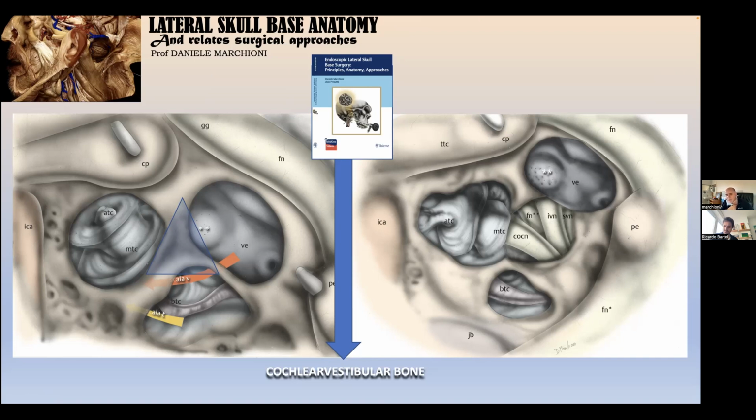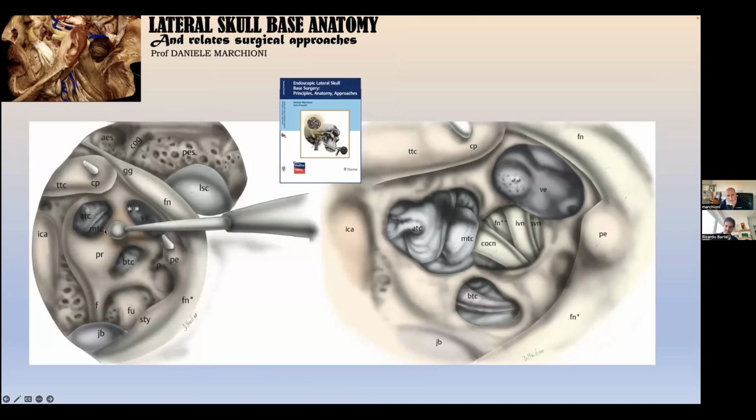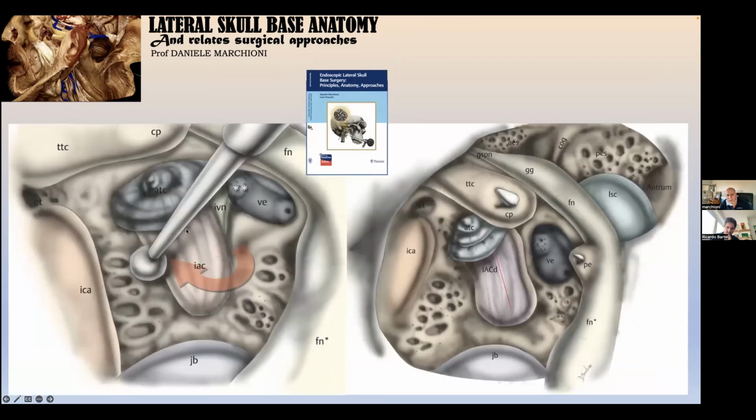So this is the real projection of the cochlear vestibular bone after cochlear vestibular bone removal. When you are removing the cochlear vestibular bone, you are reaching the fundus of the internal auditory canal. So you can start to remove the bone around the fundus of the internal auditory canal, following the dura of the internal auditory canal, removing the bone between the carotid artery and the anterior aspect of the internal auditory canal dura, and between the third portion of the facial nerve and the posterior aspect of the internal auditory canal dura,